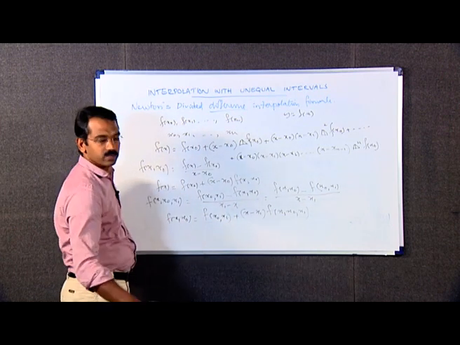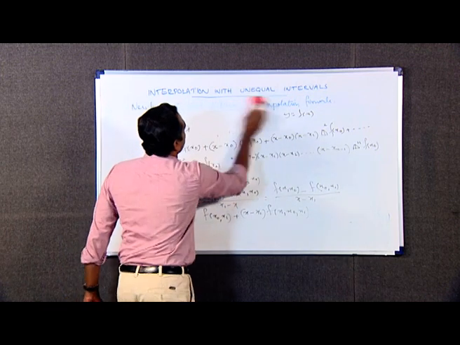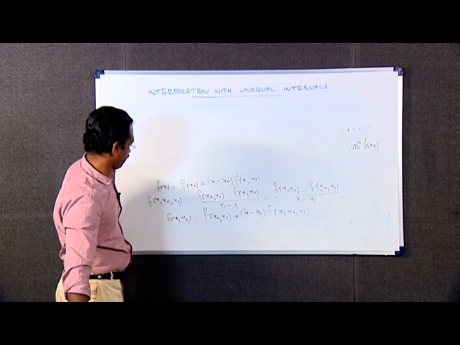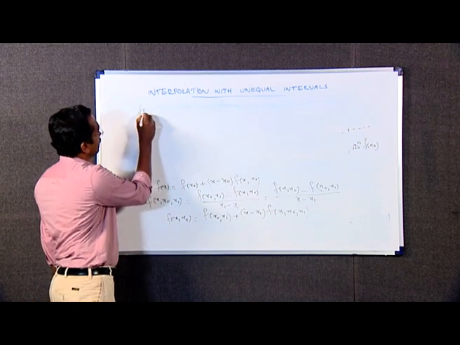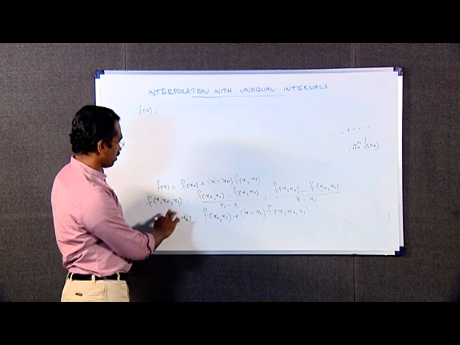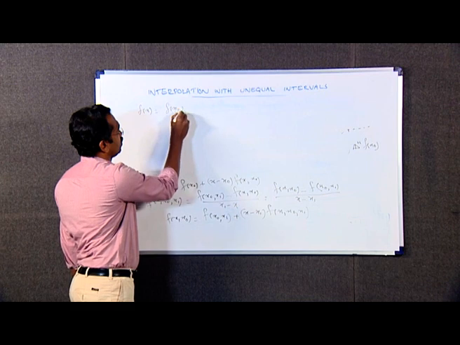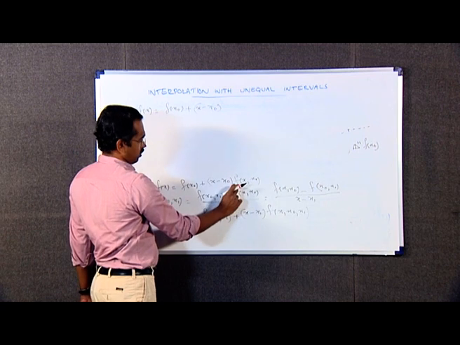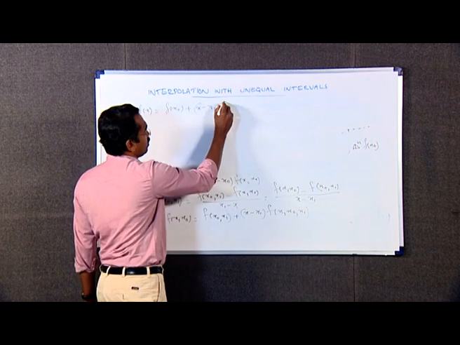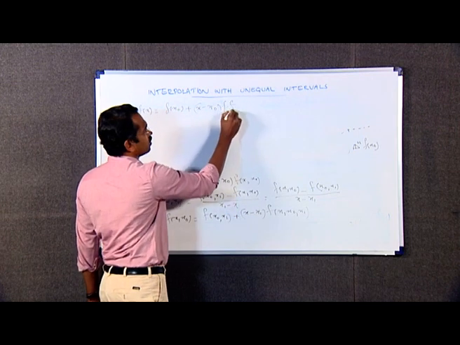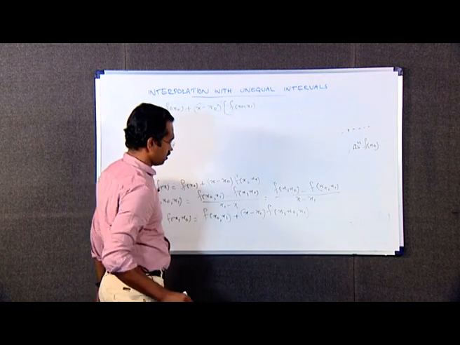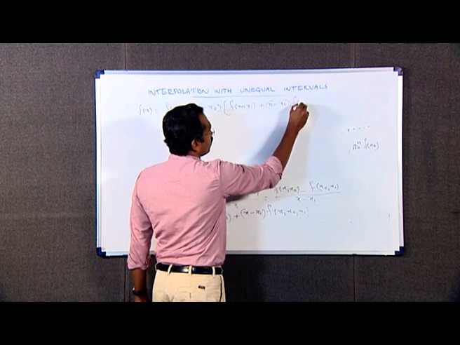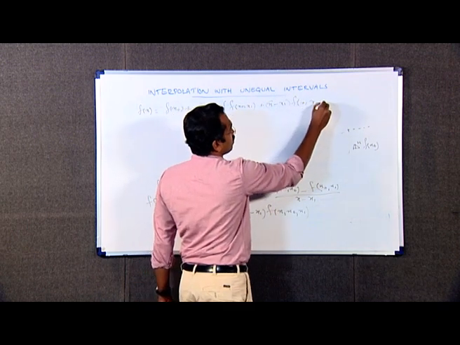Therefore, we can write f(x) is equal to f(x0) plus (x minus x0) into f(x, x0), which is f(x0, x1) plus (x minus x1) into f(x, x0, x1),